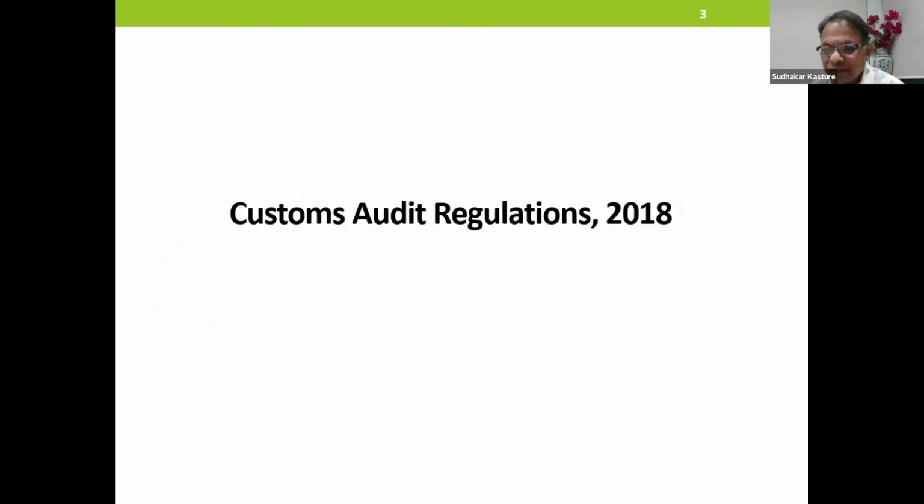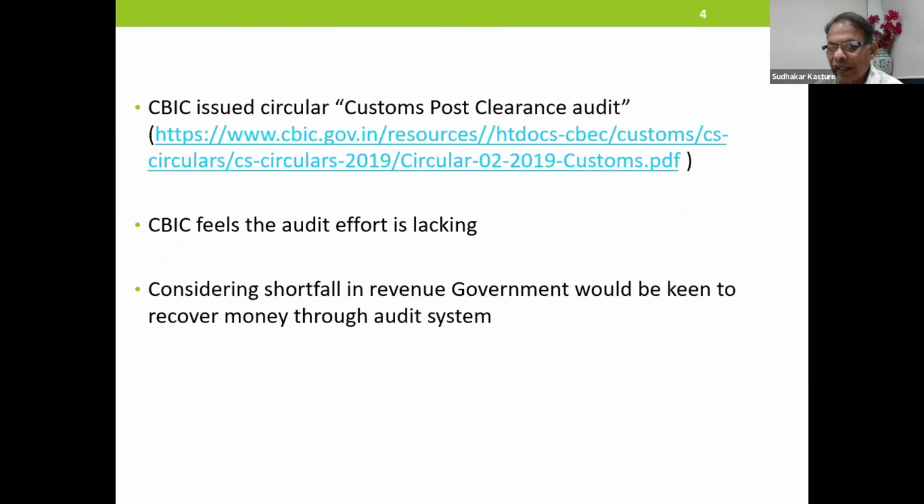So to begin with, Regulations 2018. CBIC issued a circular on Customs Post Clearance Audit. The link is there. You can see it. It is in 2019.